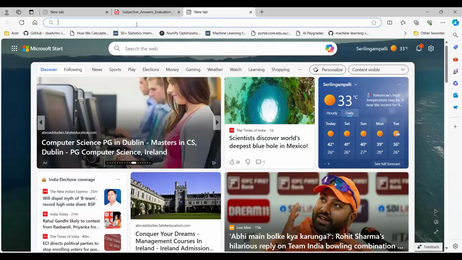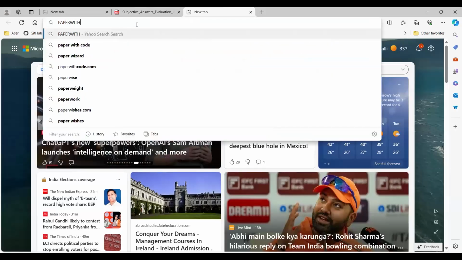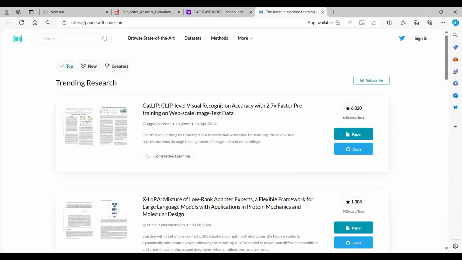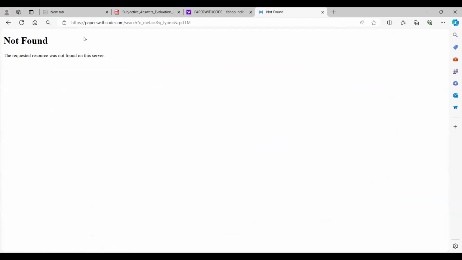Utilize this website. The website name is Papers with Code. Do you know about this website? No? Okay, so check out this website, Papers with Code. Let me share it in the chat. This is a website prepared for research people. You will get to see all the trending research, whatever has been done, and based on the stars you understand which ones are the most popular. For example, if you want to search something on LLM, I'll simply search LLM. Oh, wait, what happened? Sorry, I think this did not run.